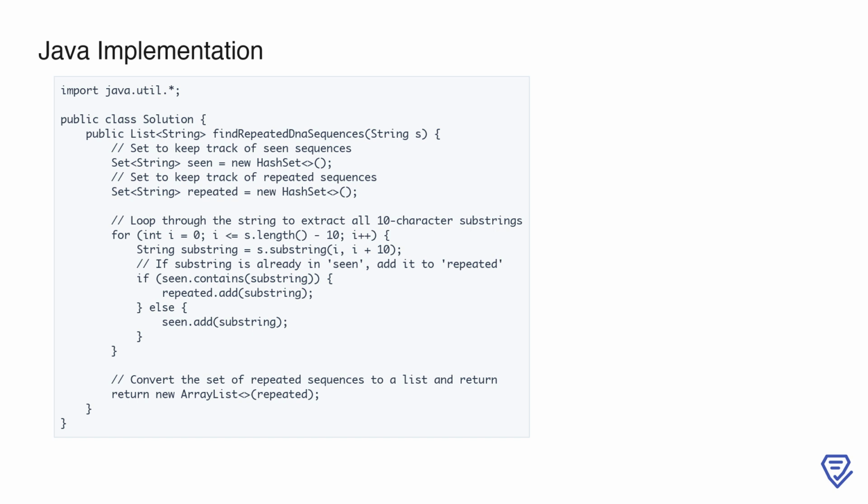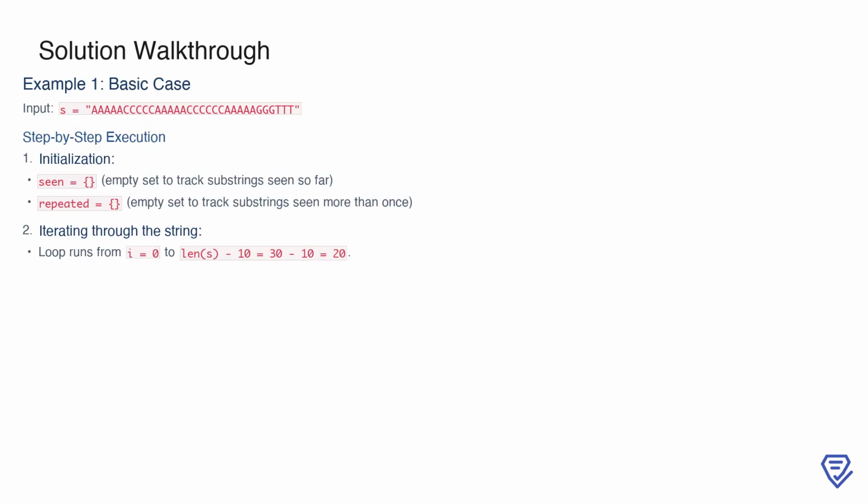It mirrors the logic of the Python solution, using Java-specific collections like HashSet for tracking seen and repeated sequences. The method iterates through all 10-character substrings of the input string s, adding repeated substrings to the result set. Java's substring method is used to extract substrings, and the final result is returned as a list. To start solving the problem, we first define the input string s as